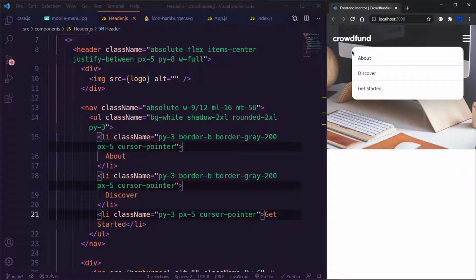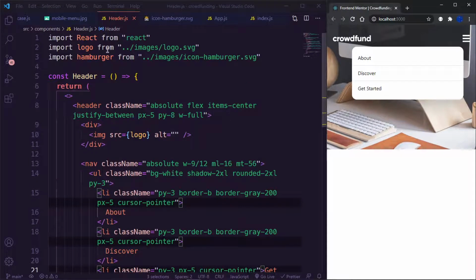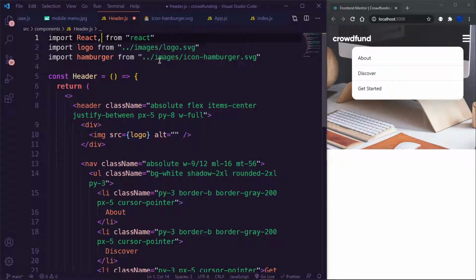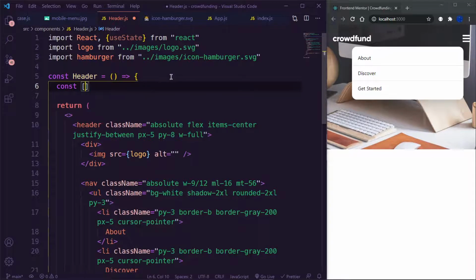Now all we need is a way to toggle this so that it only opens once we click this. So we can do that in React using state values, and we do that using the useState hook if you're using functional components. If you're using class components, that's a whole different deal. So I'm going to import useState at the top here, and then set up my state values, and I'm going to say const isOpen,